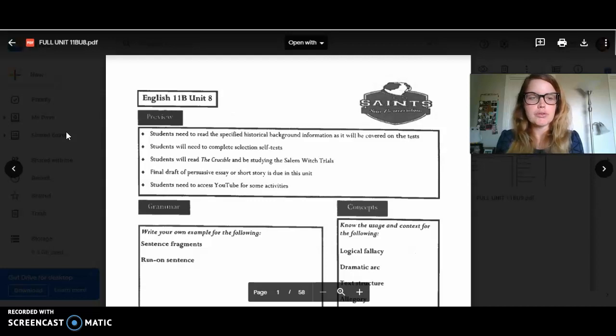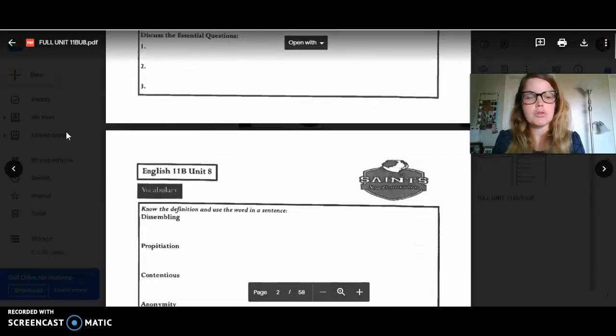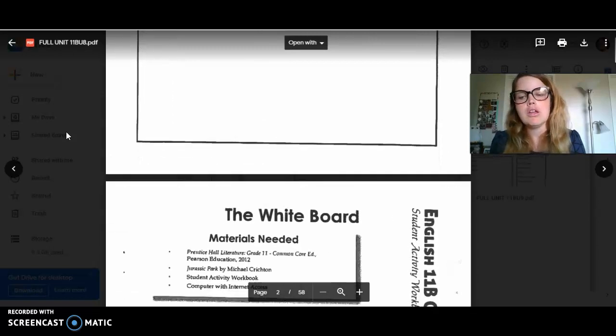So I'm just going to go over a little bit of Unit 8. Hopefully you've already done Units 1 through 7. For Unit 8, if your teacher prints out these units, they have this nifty study guide. It's not mandatory. If you want to take notes on it, it will help you with your review, you can. You don't have to though.